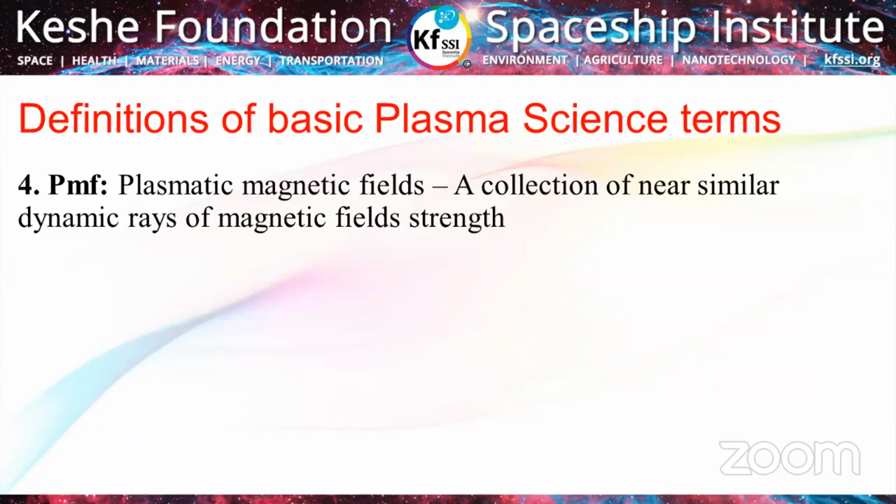Excuse me, what have you said about the difference between a magnetic field and a plasmatic magnetic field? The plasmatic magnetic field is dynamic. That's the difference, or? A collection of near similar dynamic rays. You know, they are moving, like poles attract. Like poles do not attract, yeah? And unlike poles attract. So they form a circular movement. Let me annotate here. Like that. That is a ray. Starts with a ray, yeah? Which has a direction. And then another ray. Then they may start interacting